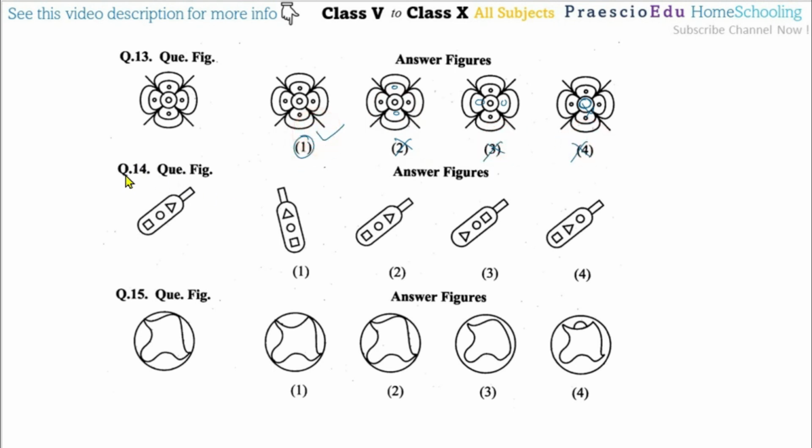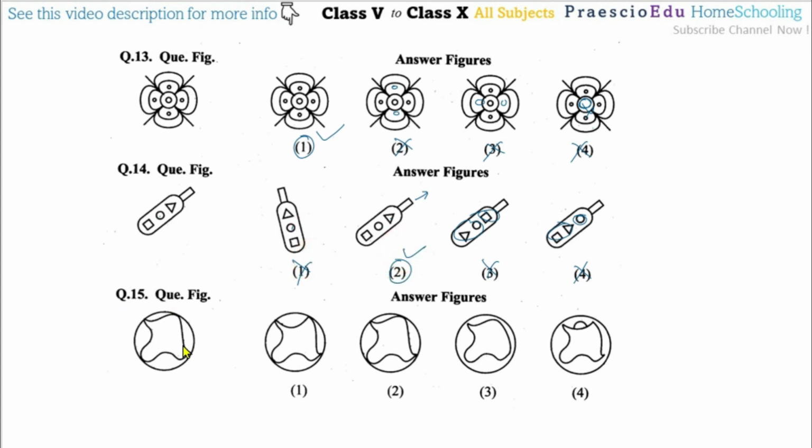Now question number 14, if you observe the question figure, so triangle, then circle and squares, and triangle, circle and squares, and the directions also in this one. Now here all are in different ways. Okay, so that's why option number 3 and 4 are not any. Option number 1 is totally different one with the directions, so option number 2 is perfectly matching.